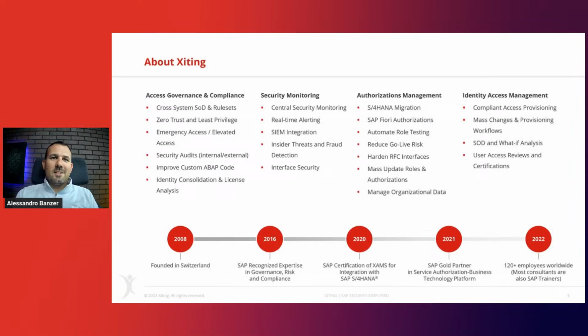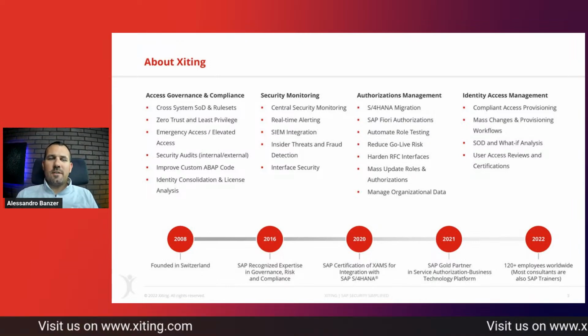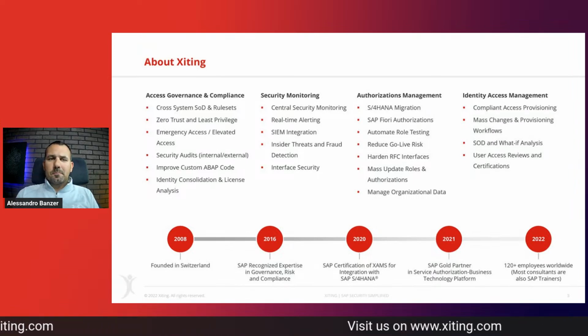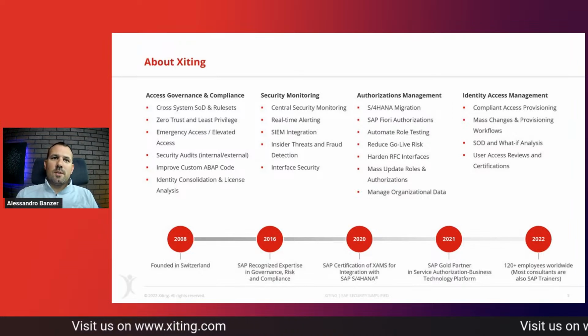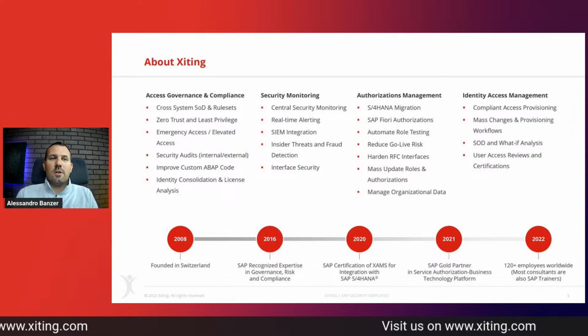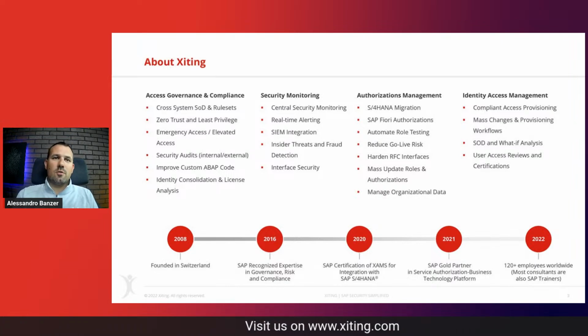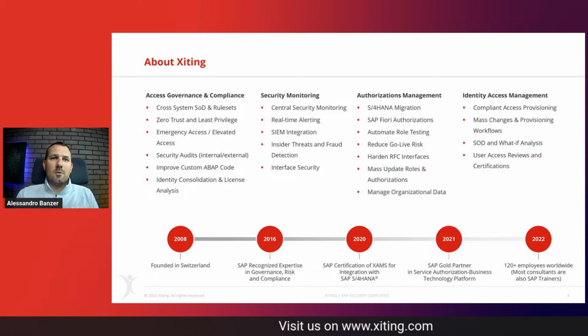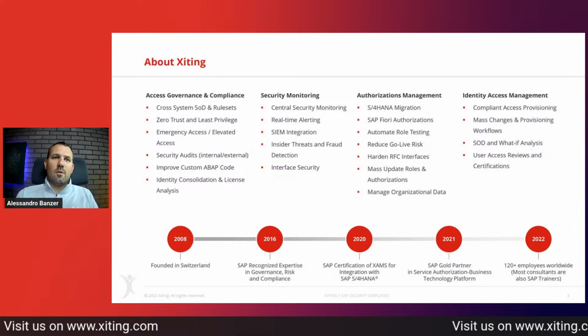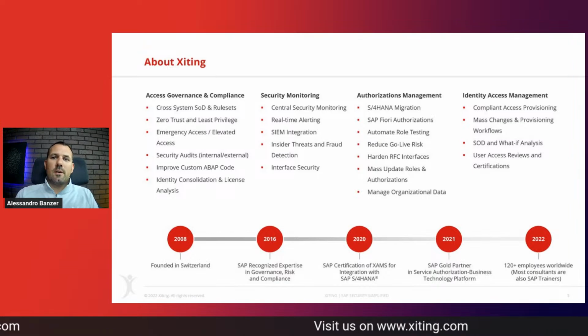As always, just 1 minute. Who is Exciting? What do we do? Exciting has been around since 2008. We were founded and are still headquartered in Switzerland. We have offices throughout the world. We have about 135 employees right now. We're an SAP Gold partner in the area of authorizations management and security. We do a lot of consulting services in security when it comes to SAP GRC, Access Control, IAG obviously, but also security in general when it comes to authorizations management, SAP IDM, single sign-on, SAP cloud security. So if you talk about cloud solutions, IAG, IPS, we're one of the gold partners that can support you there. We also have solutions.